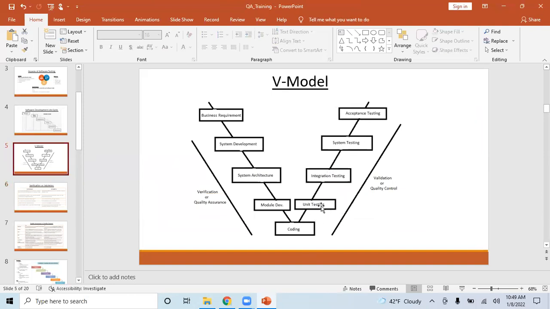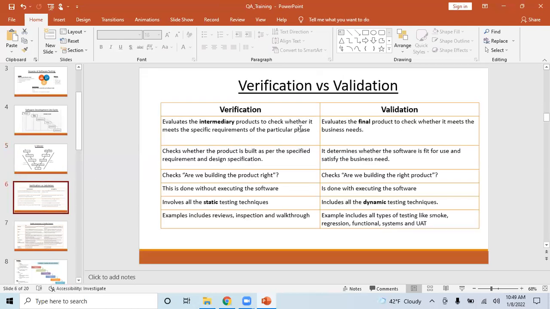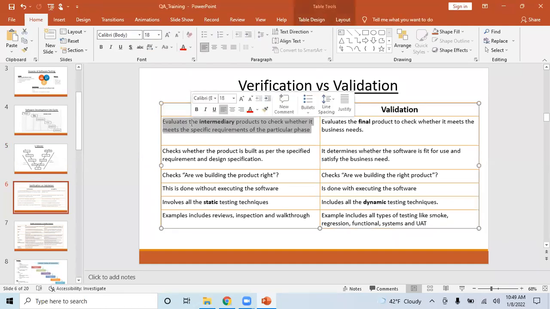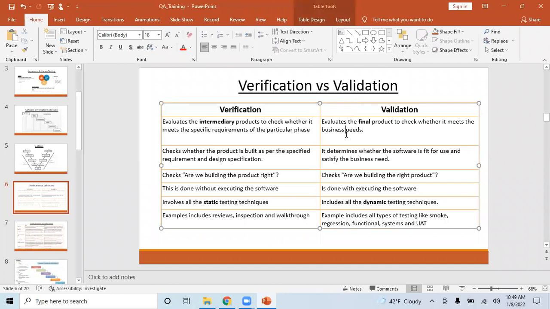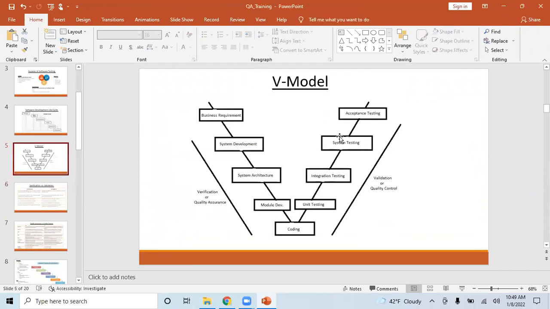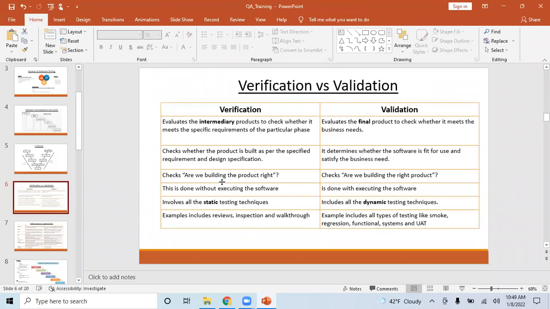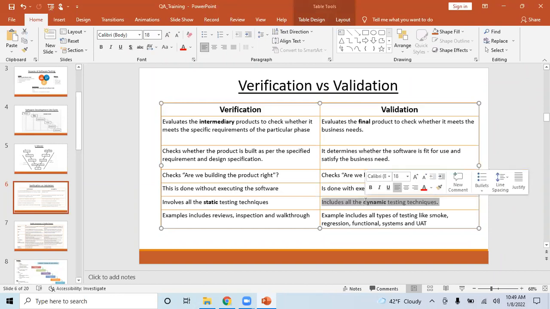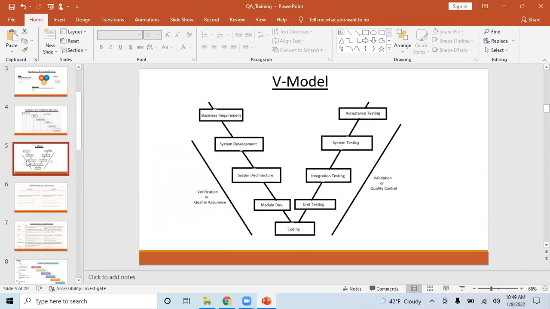Unit testing has a final product, that code, and that is validation. So we need not focus more on intermediate or final; basically, it is whatever the final product of this particular phase is. And mostly it focuses on static and dynamic techniques. The way you test identifies whether you're doing verification or validation.